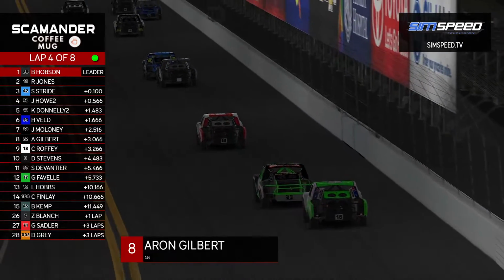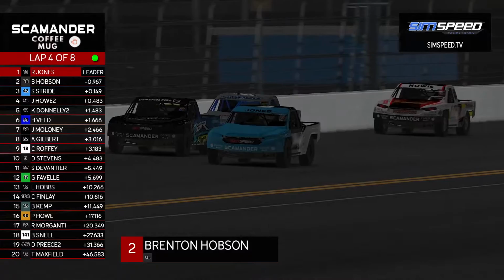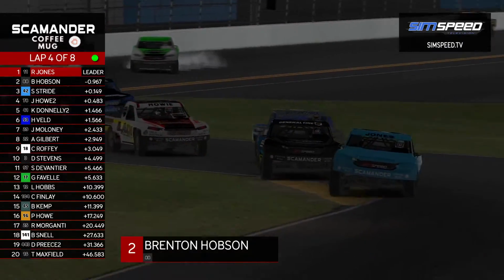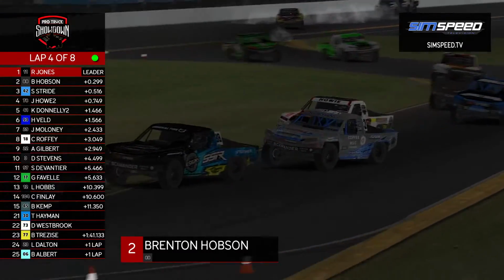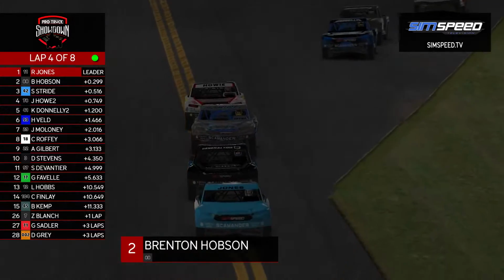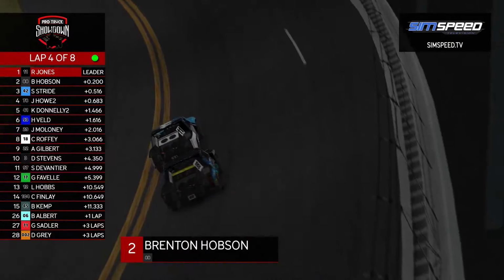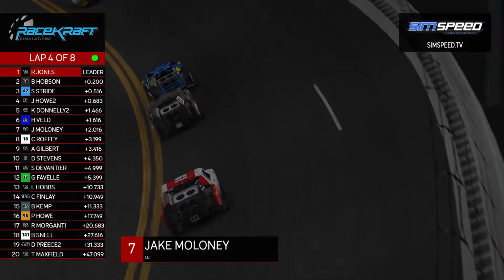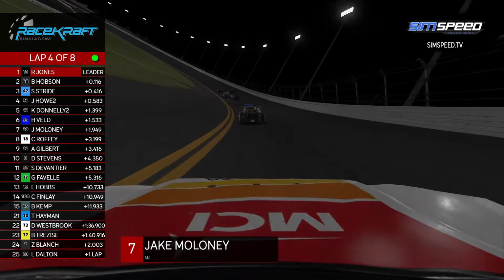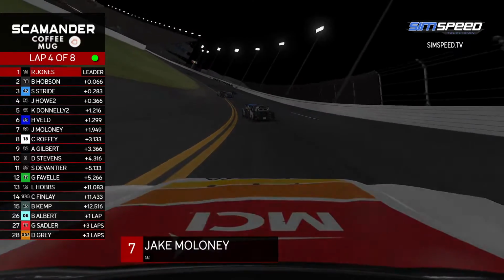That fastest lap graphic came up at a very inopportune time, I think, as it's on for the lead. Once again, Hobson lifting out early. Ryan Jones goes for the lead into the bus stop, and Justin Howe lurching forward almost into Sam Stride. Now it's going to be a top 7 battle, I believe, because Donnelly, Veld, and Maloney are all together on the exit of the bus stop, and they have the draft on this pack up ahead. What a great view Maloney has. Not wrong about that, he's got a great...